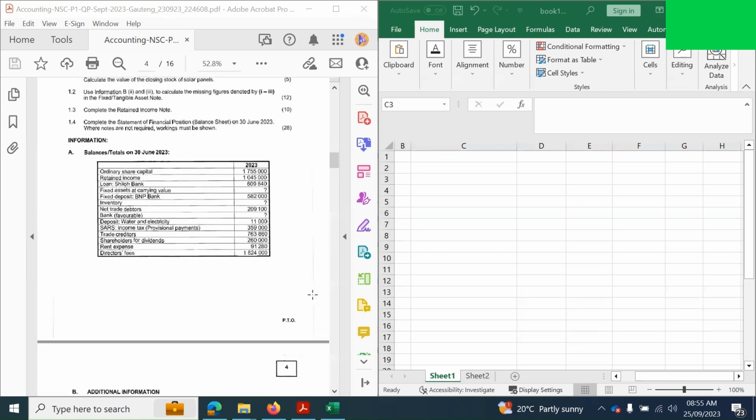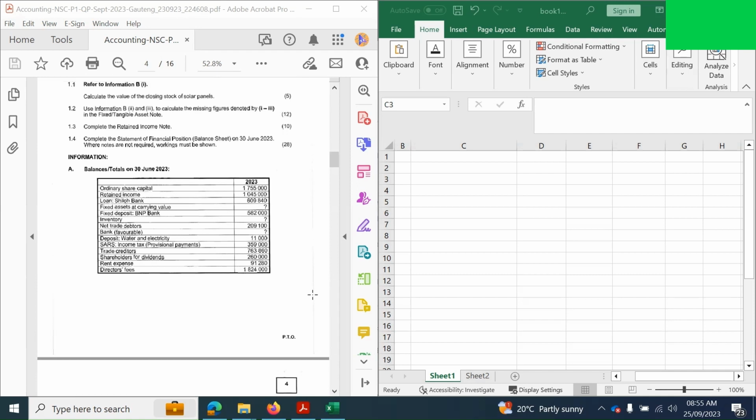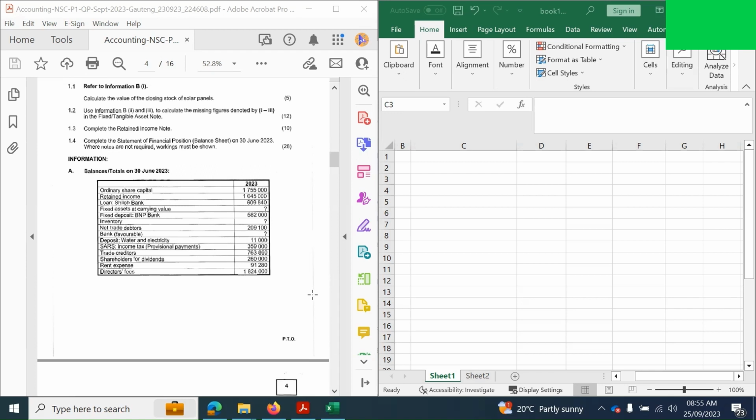So we've got balances/totals on 30th of June 2023. They've given us ordinary share capital, retained income, and there's a loan from Sheila Bank. What is also interesting here is that all your assets and liabilities are given the same signage. So in essence, you kind of have to use your own common sense here to understand whether something is an asset or liability. Something like a loan Sheila Bank, it doesn't say from, you would have to assume it is a loan that's been provided to us